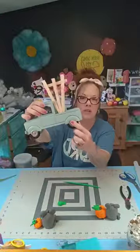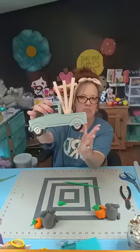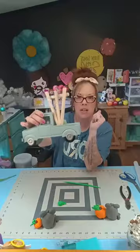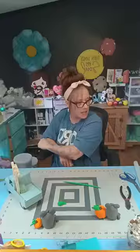And then on here too, I am gonna make these look a little bit nicer, I guess you could say. I'm just gonna roll some balls of clay, stick them on there, and make me some little clay tires to make that kind of stand out a little bit. So if you guys want to do that,